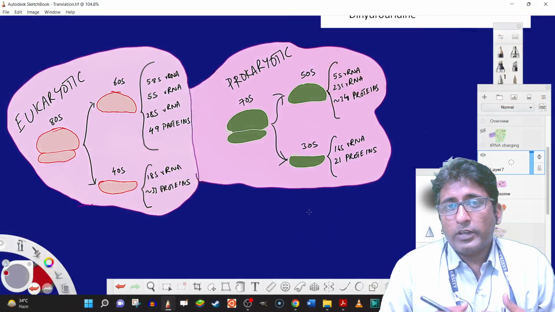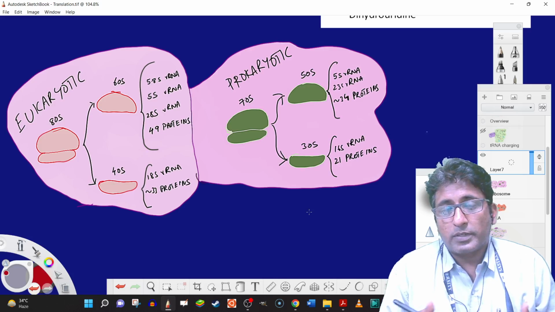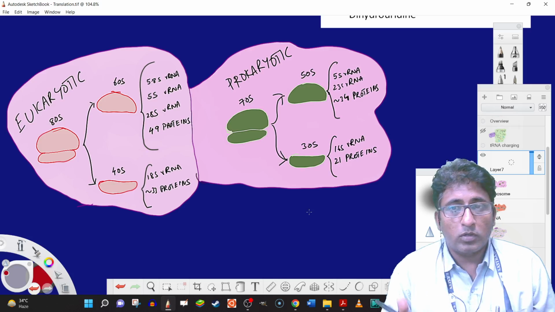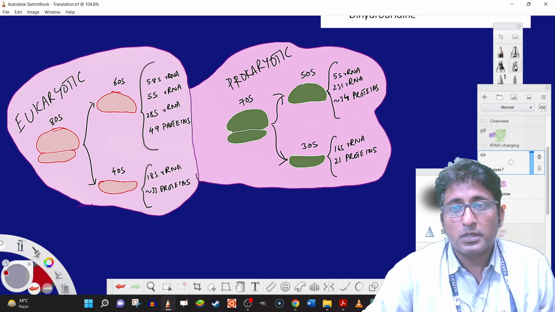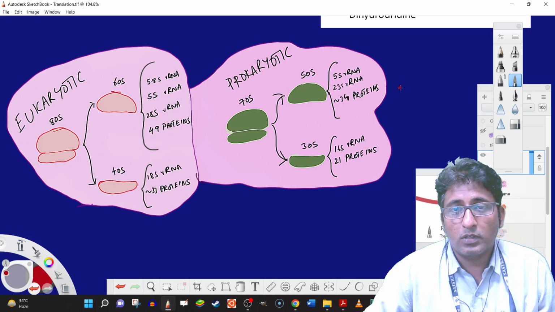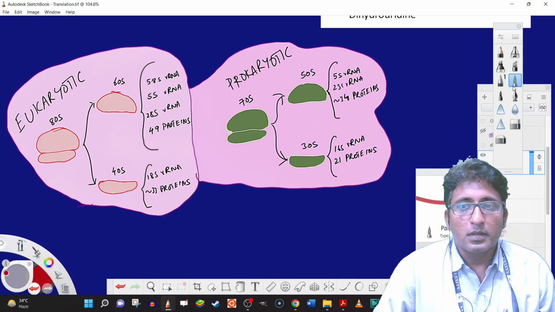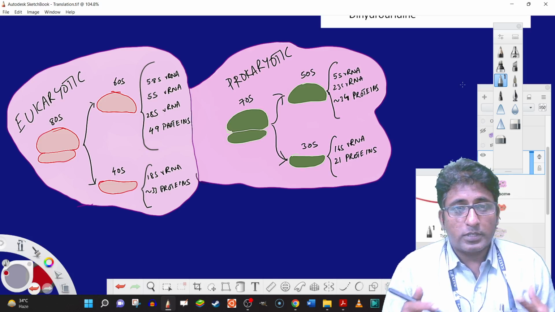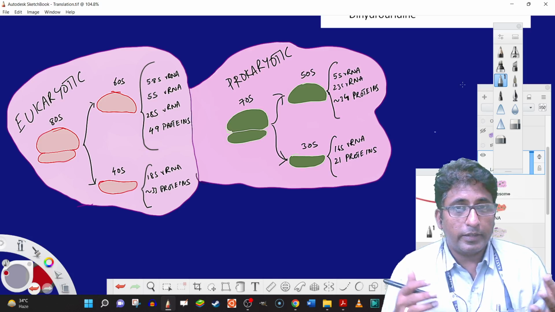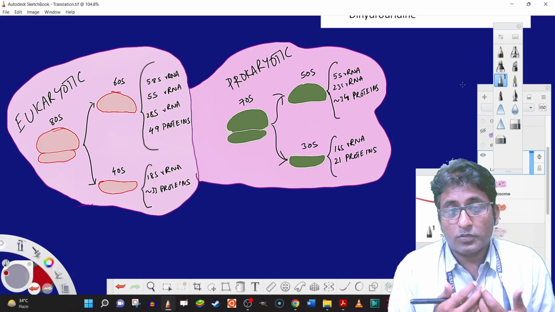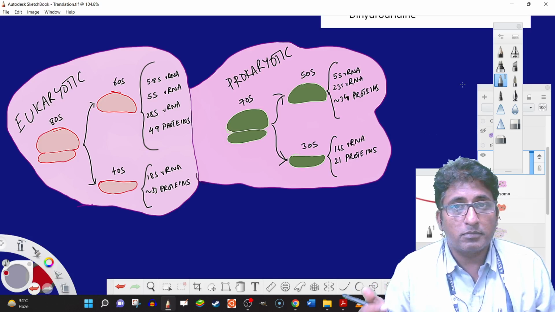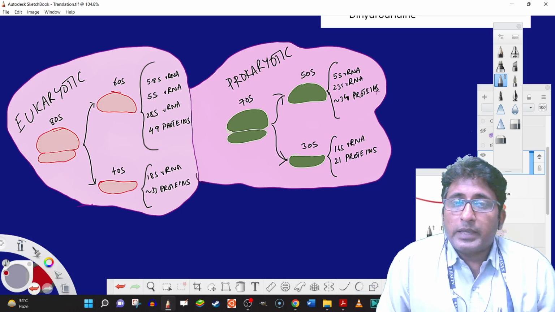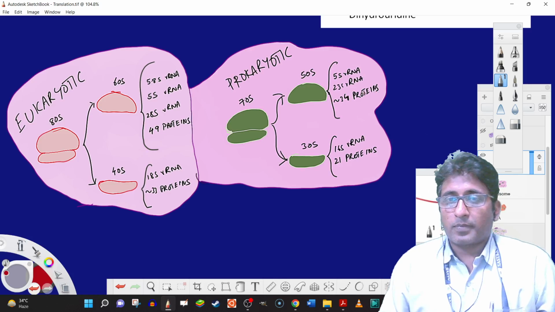We are not going to discuss the evolutionary aspects right now, but we will see conceptually what ribosomes are and how they do what they do. Between prokaryotes and eukaryotes, ribosomes have a lot of similarities, but at the same time a lot of differences as well, both as a mechanism and as a